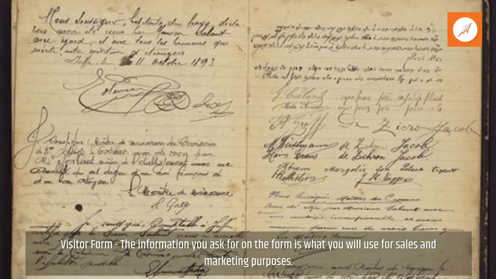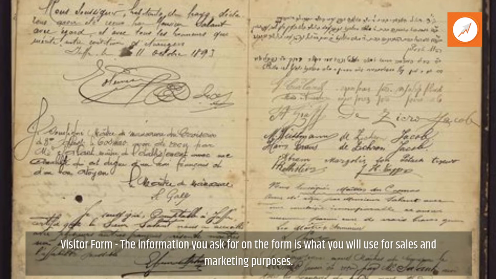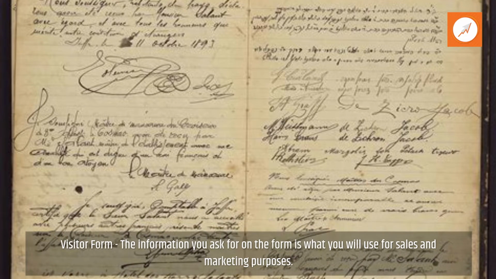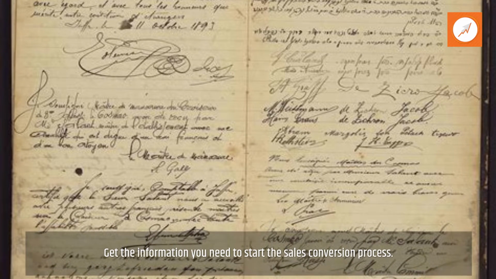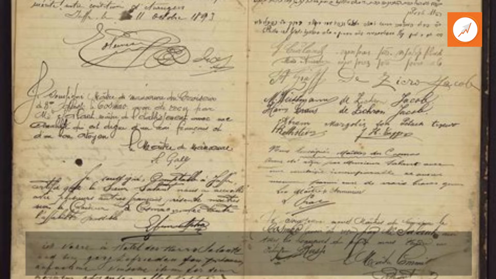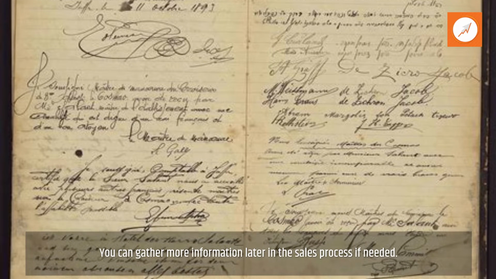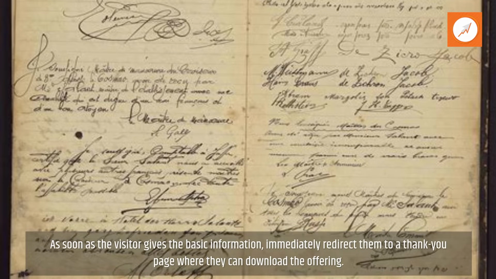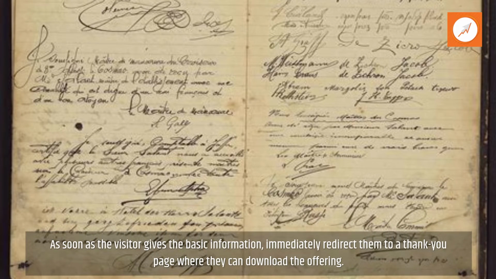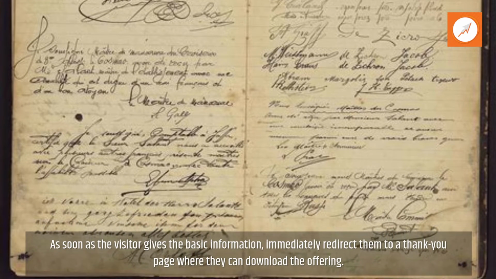Visitor form. The information you ask for on the form is what you will use for sales and marketing purposes. Get the information you need to start the sales conversion process. You can gather more information later in the sales process if needed. As soon as the visitor gives the basic information, immediately redirect them to a thank you page where they can